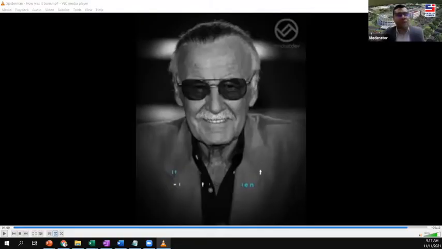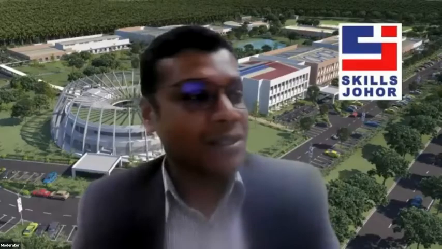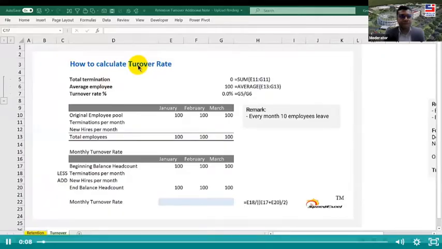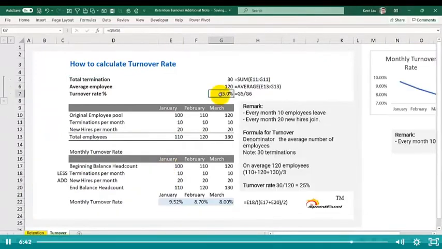Guys, we're just going to do a quick recap for yesterday's retention rate. Turnover rate. So assuming that you have 100 headcount at the beginning of the month of January, and at the end there's no changes, then what is your turnover rate? So let's count. The turnover rate for the quarter is the total number of staff that leave the company or terminate. That's 30. Then divide by the average employees,